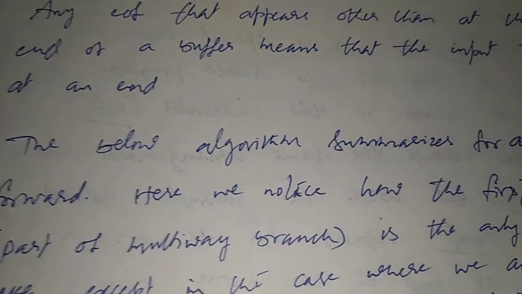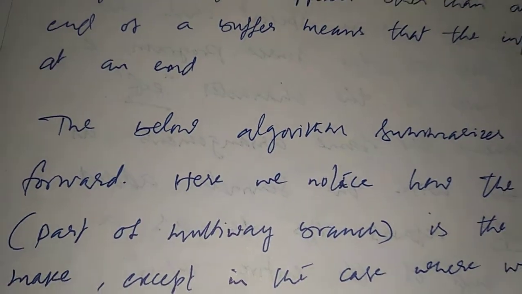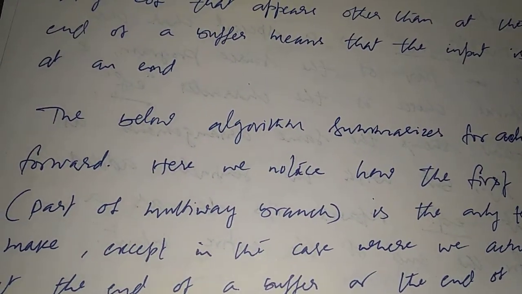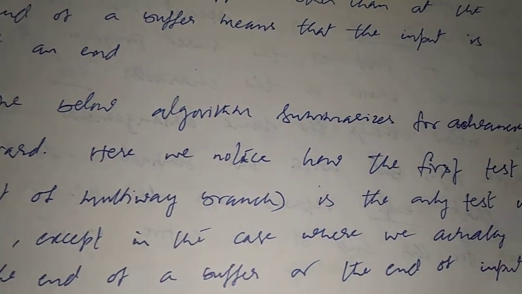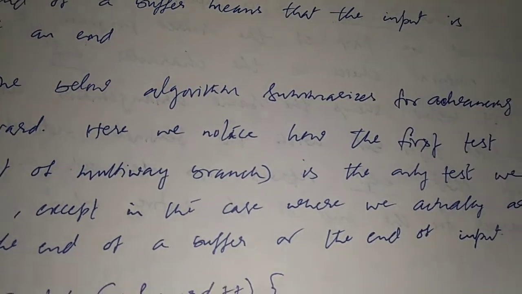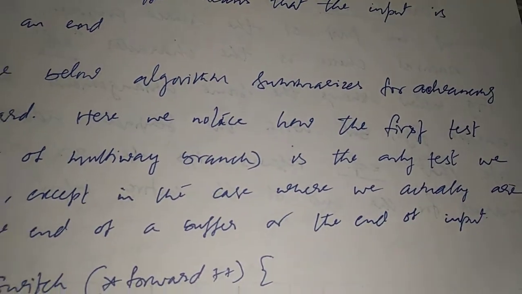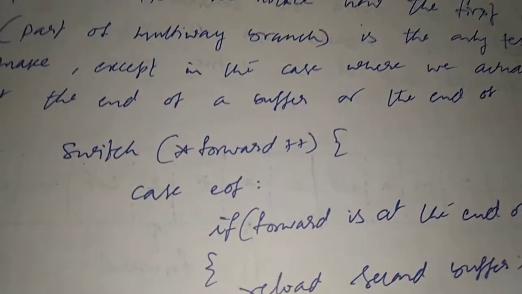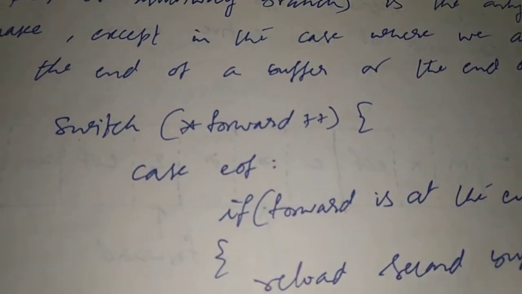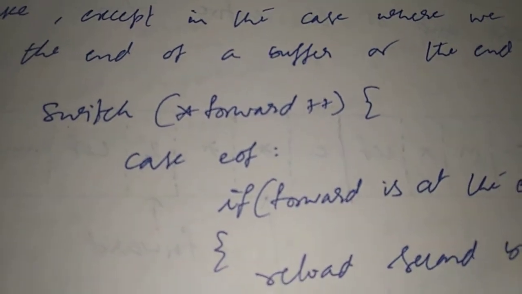The below algorithm summarizes advancing forward. Here we notice how the first test, that is part of a multi-way branch, is the only test we make, except in the case where we actually are at the end of a buffer or at the end of input. So here is the algorithm. We have a switch statement, switch (*forward++), so forward is a pointer. Then open curly brackets, it is a case statement, case